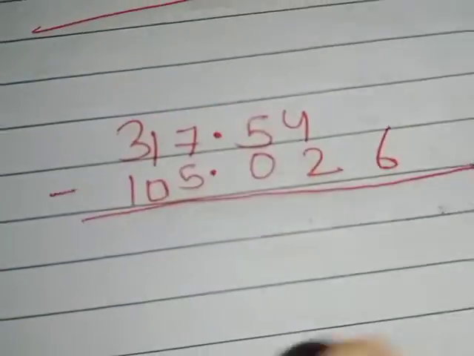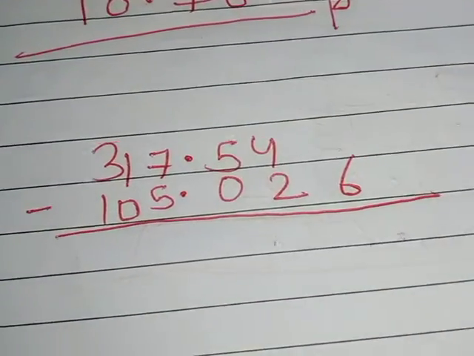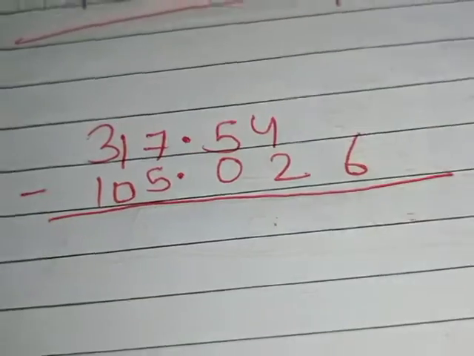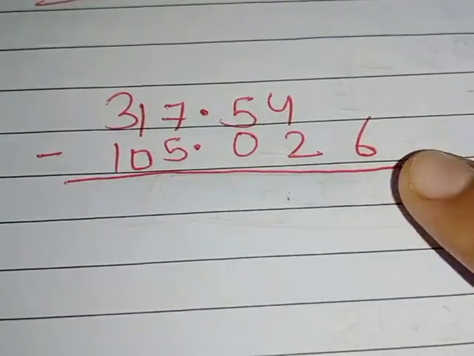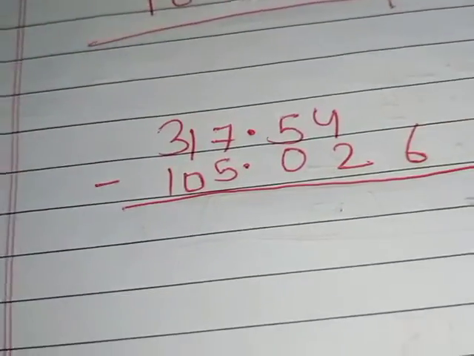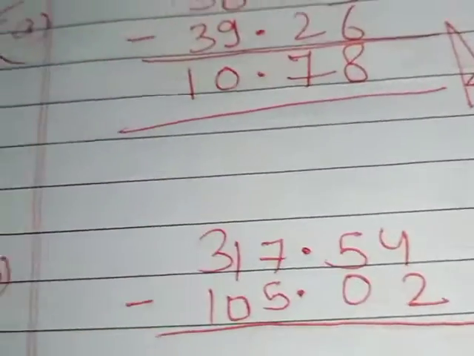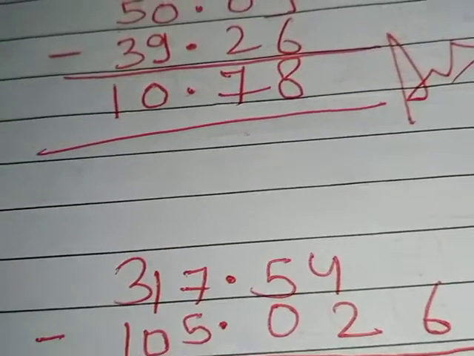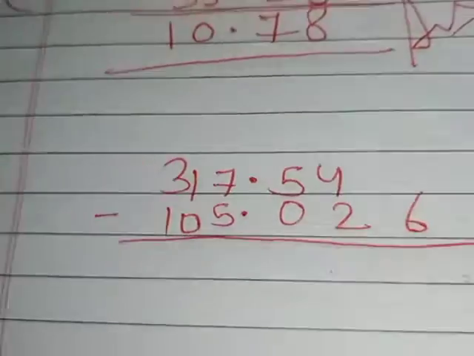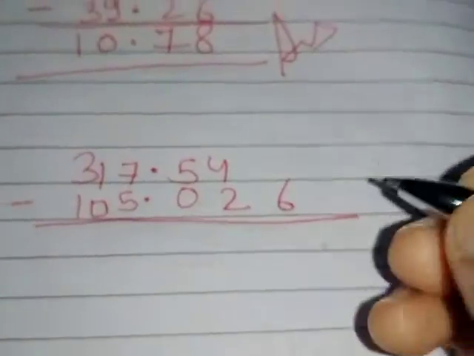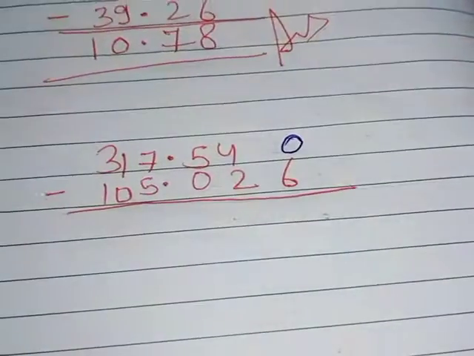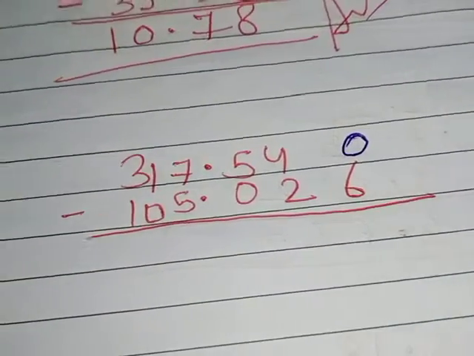You see, first of all, I have just written the given number according to the place values. If you see here, you will start from the 6th place, this place. So this 6, from which number should you subtract this 6? You don't have anything upside. Upside of 6, you don't have anything. So from which number should you subtract 6? For that, you need to write here 0. Just write here 0, and then you will start subtracting.